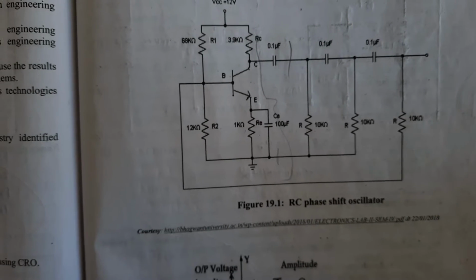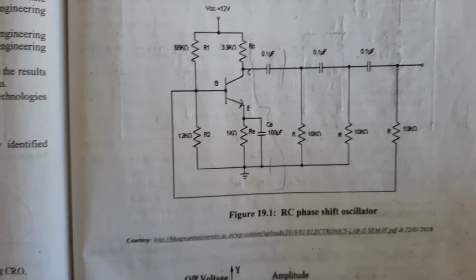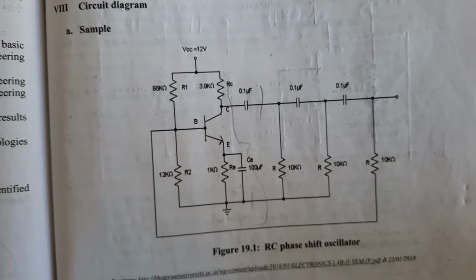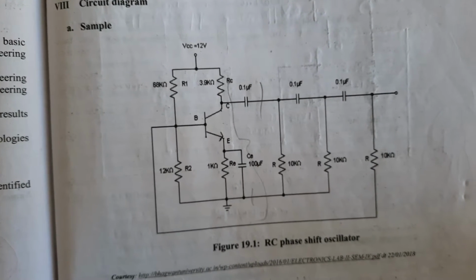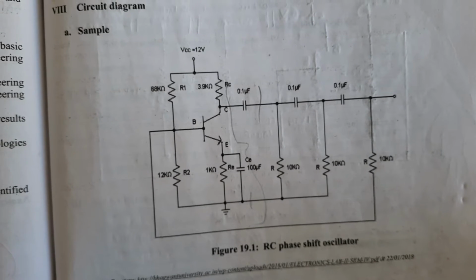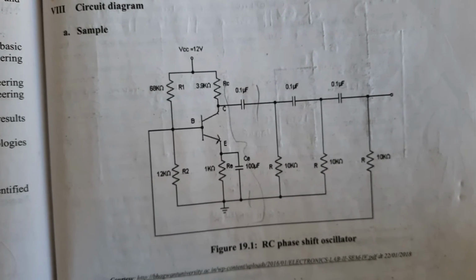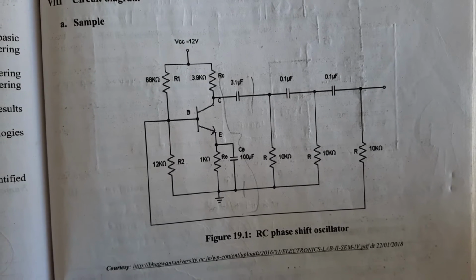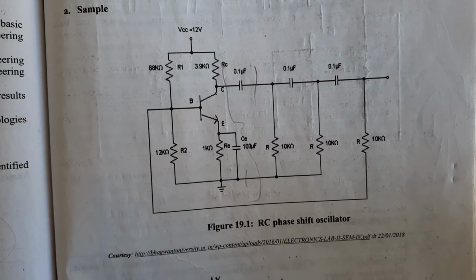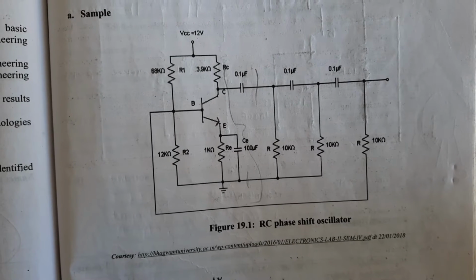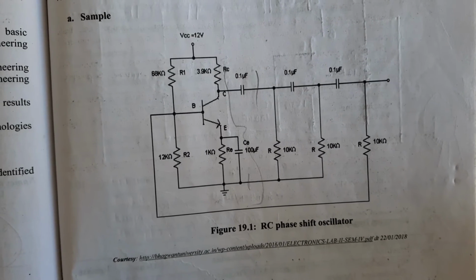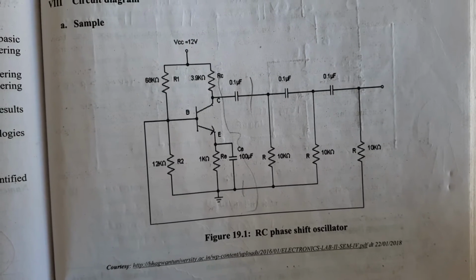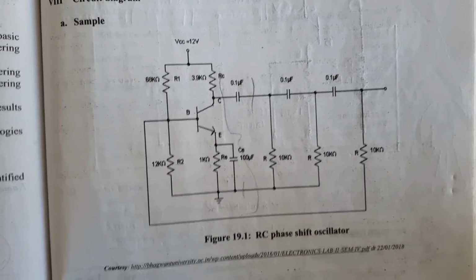Thus the RC ladder network produces a total phase shift of 180 degree between its input and output voltage for the given frequency. And also the CE amplifier produces 180 degree phase shift. So the total phase shift from the base of the transistor and around the circuit back to its base will be exactly 360 degree or 0 degree. So this satisfies the Barkhausen criteria for sustaining oscillations, and the total loop gain of the circuit is greater than or equal to 1. So this condition is used to generate the sinusoidal oscillations.